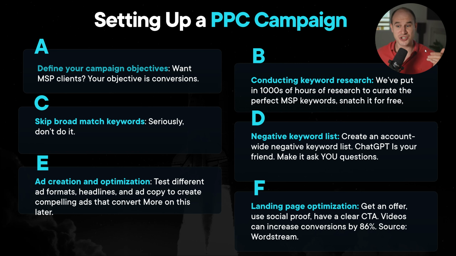If you don't know how to interact with ChatGPT, just ask it. Go to the website and say, hey, I want to make a negative keyword list. I have no idea what to do. Walk me through it, and then it'll take care of you. That's a good tip, by the way. This is a hack. If you don't know what to do, just ask it. Like, hey, I need to do this. Can you teach me how to do it? How do I prompt you, etc.